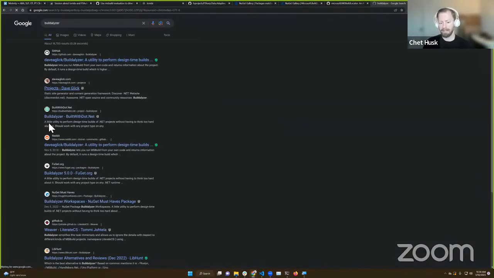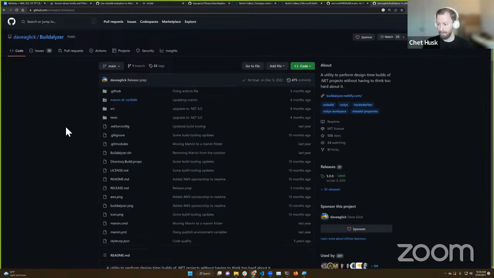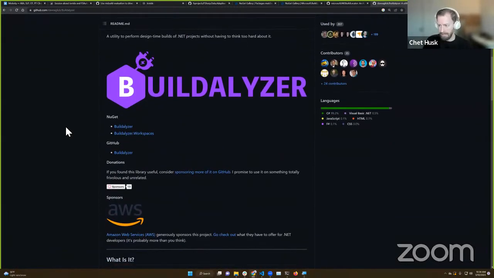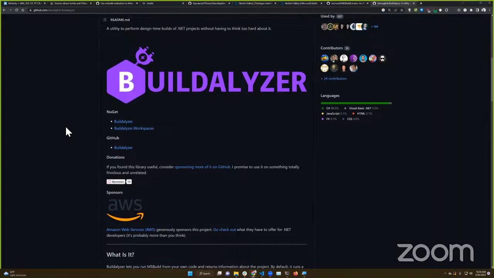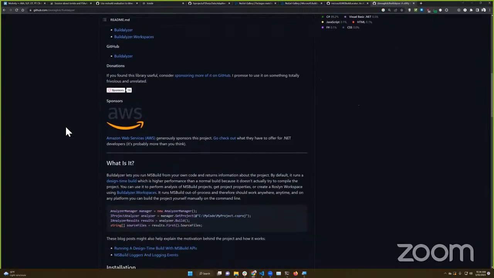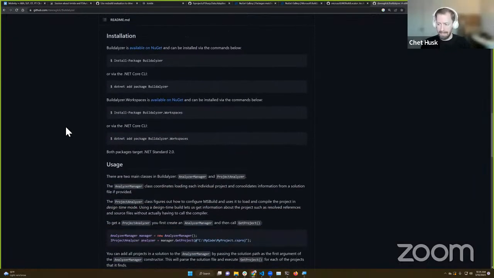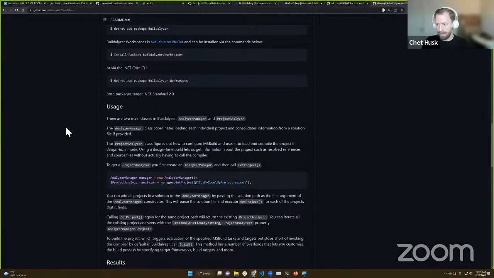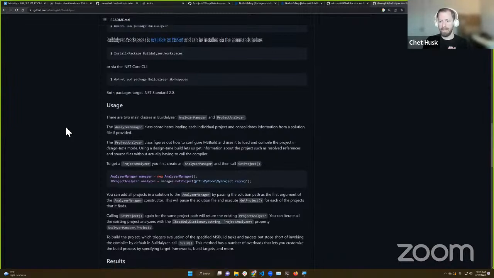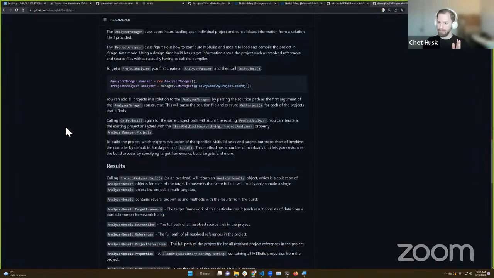It does a lot of the same things that Projinfo does in terms of doing a design time build and getting those properties out, but it does it purely from executing .NET build and injecting code into that build that it can then read out. So it tends to be a little slower end to end because you have process startup overhead, and it is not as good if you are going to be in a long-lived scenario.